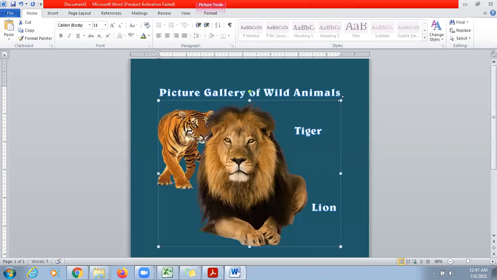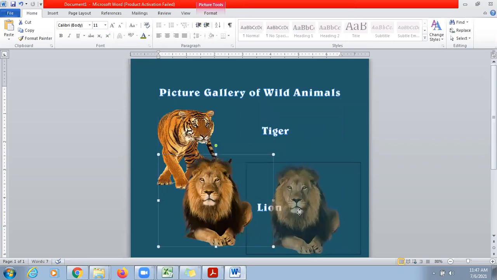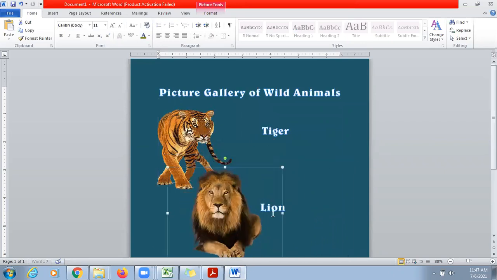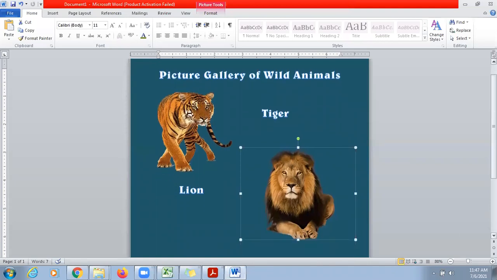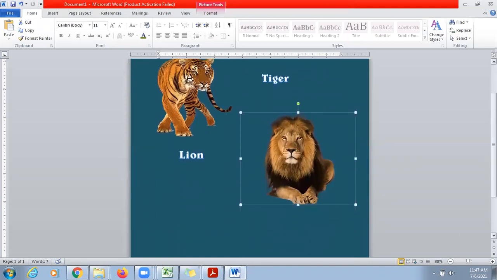Now change the size of the image and adjust it. See, right now lion is coming on the right hand side, but I wanted to shift lion, the written lion, on the left hand side, and picture I wanted to paste on right hand side. So once I'll shift my picture, automatically the text will get shifted to left side.